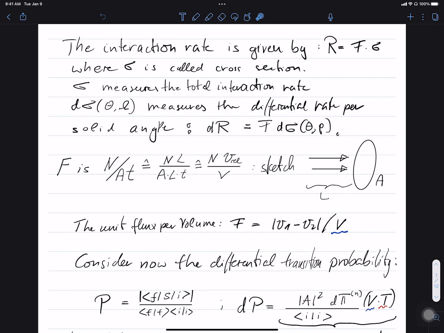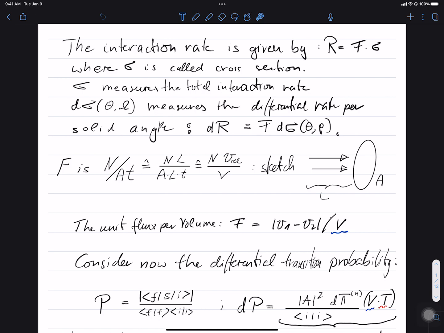Now let's see what F actually means. It's a number of particles per area per time, but we can multiply, right? So let's have a sketch here. We have an area and a certain number of particles fly through there in a unit time. But now let's also take the length here and see that, well, we take the length to be arbitrary and multiply the